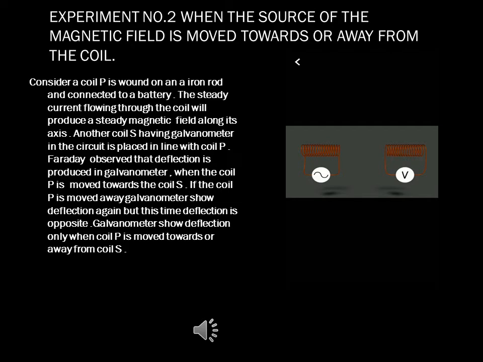This changing flux will link the second coil, and there will be an induced voltage across the second coil. In that case, both the conductor and the magnetic field are physically stationary. The induced voltage in this case is called statically induced voltage. In all events, when there is a changing flux linkage, a voltage is induced. This phenomenon was first observed by Michael Faraday, and he stated it as a law called Faraday's first law of electromagnetic induction.